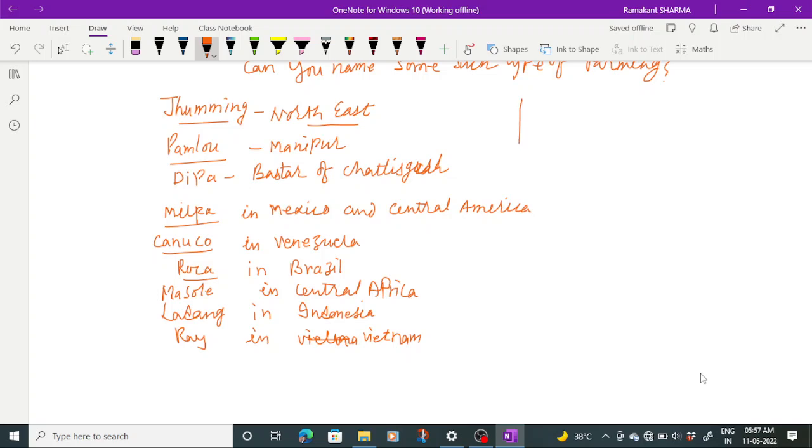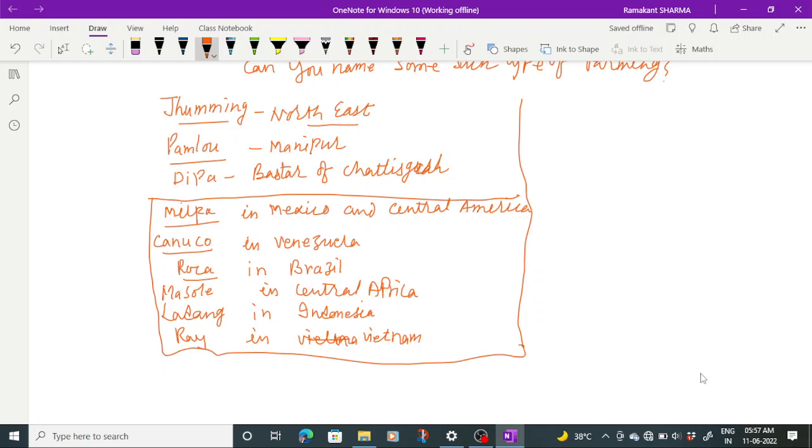Then we can also see, as we have previously discussed, these names from the downwards. These names are given to zooming farming in the other parts of the world, and